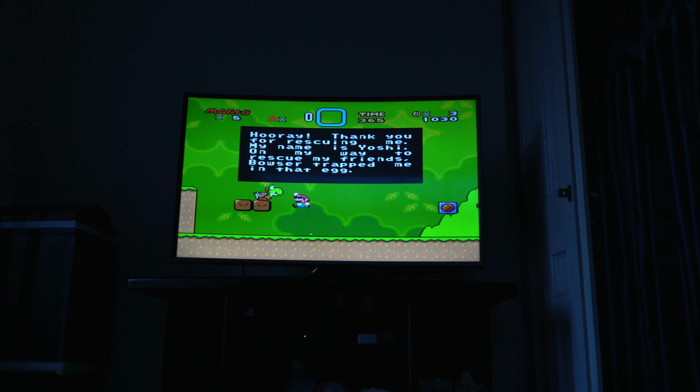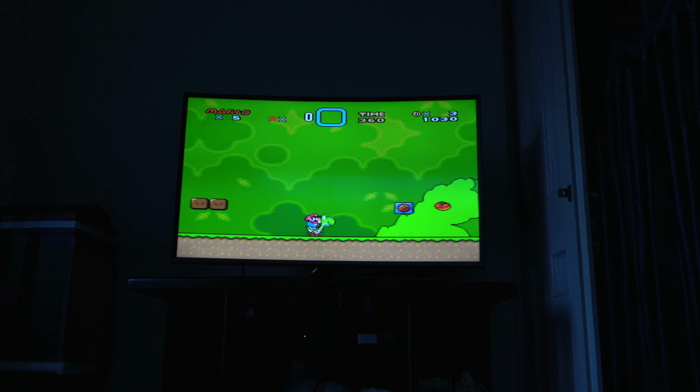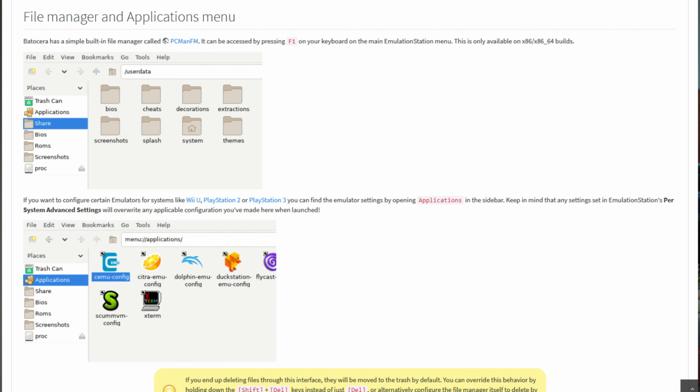Now there's multiple ways to transfer your ROM onto your gaming system. For example, you can just add all of those ROMs onto a flash drive, open up your system, insert the flash drive there, press F1, it will bring up a file manager, and now just drag and drop it. You'll need a mouse, obviously. But the way I like to do it better, and the way I'm gonna tell you right now, is through the